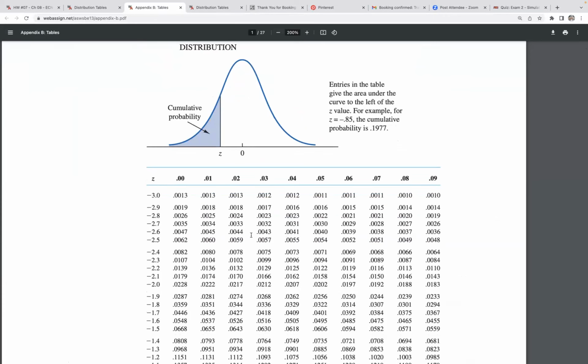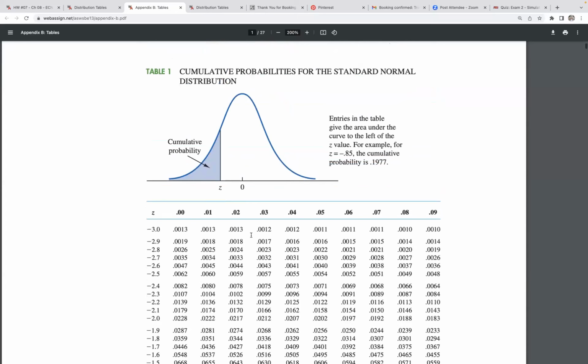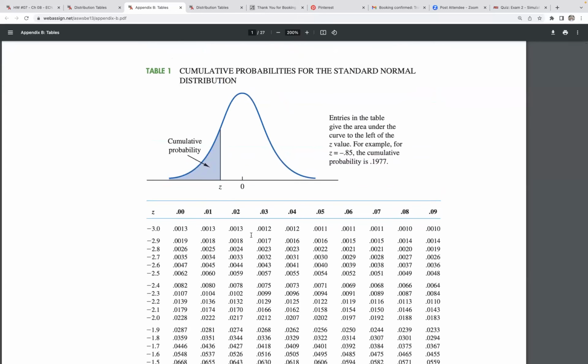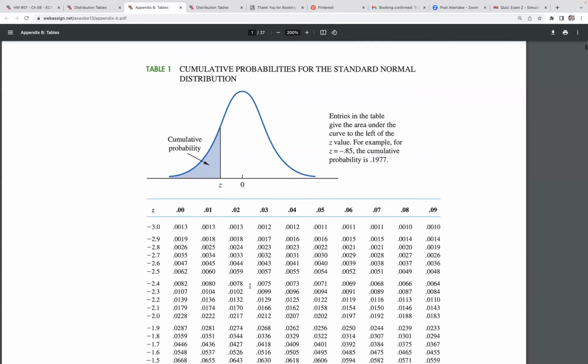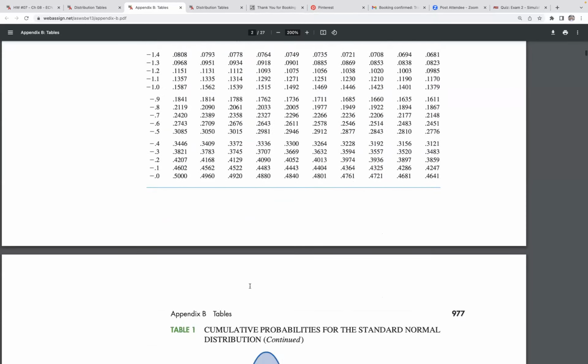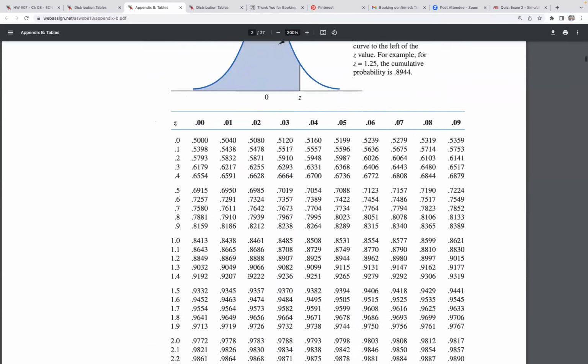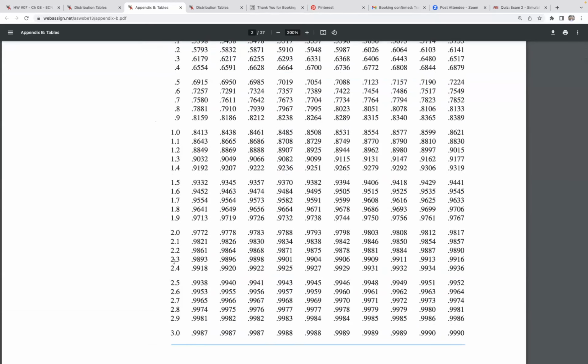But if it's on the right, is it one minus the value and I go to the other table? That is one way to do it. There's a number of ways to do it. Let's say you got a Z of 2.38. Can you go to 2.38 in your table? Yeah, it's the positives. There you go. So 2.38,